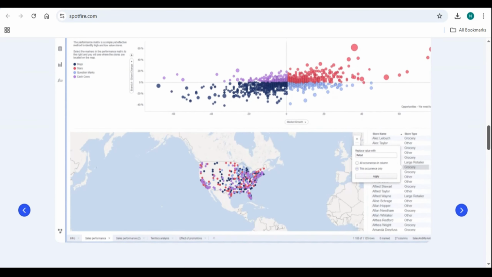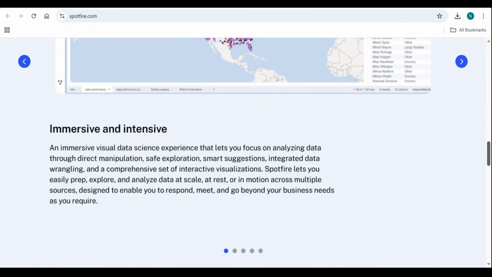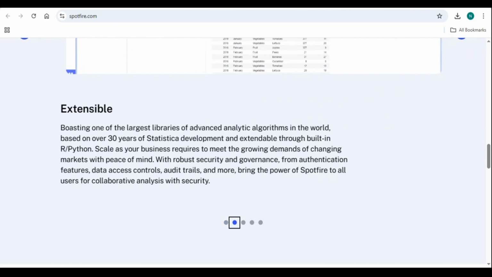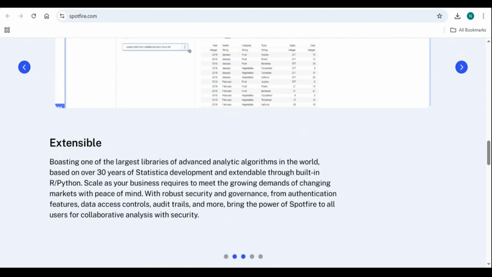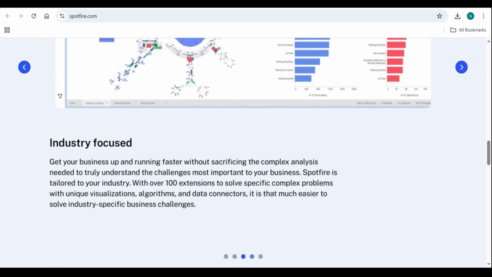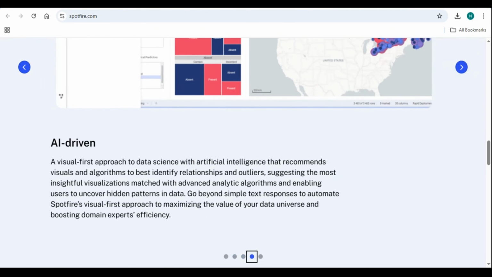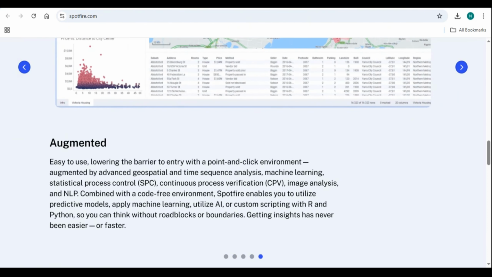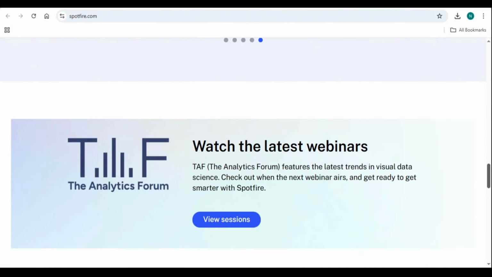This is where Spotfire, a powerful business intelligence, BI, and data analytics platform, comes in. Spotfire helps businesses make data-driven decisions by providing advanced visualization, interactive dashboards, and predictive analytics. Spotfire 2025 is the latest version of its leading analytics tools, offering even more powerful features for businesses and data